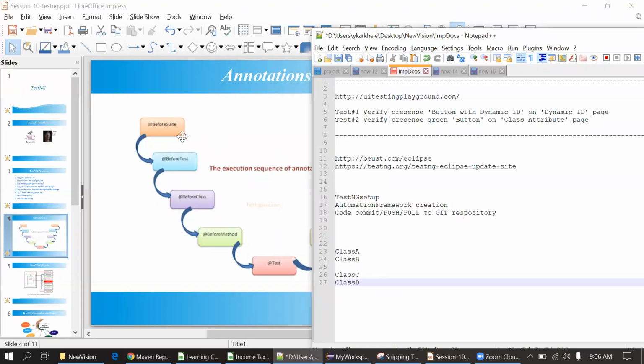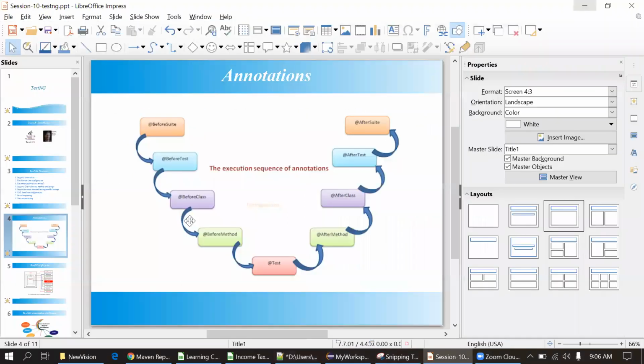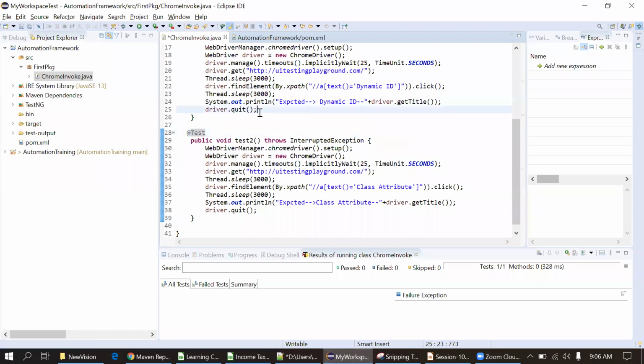And the last one is @BeforeSuite. Before suite, anything that we are going to execute before starting execution, the few things that should be initialized or defined, we can define in @BeforeSuite. So @BeforeSuite will get executed first, then @BeforeTest, then @BeforeClass, then @BeforeMethod, and then our actual test case will get executed. Okay, so I will show you a partial practical for this now. How will it get executed?